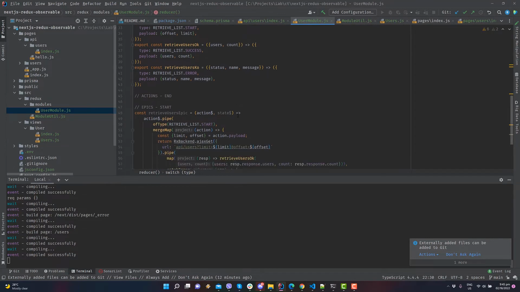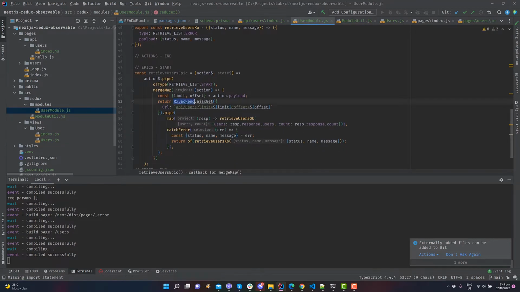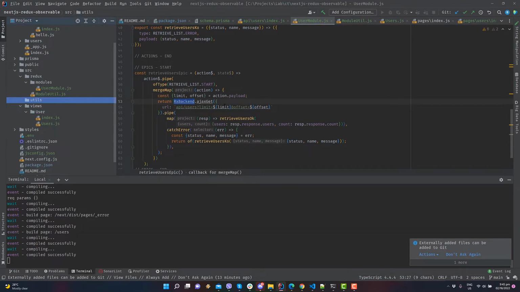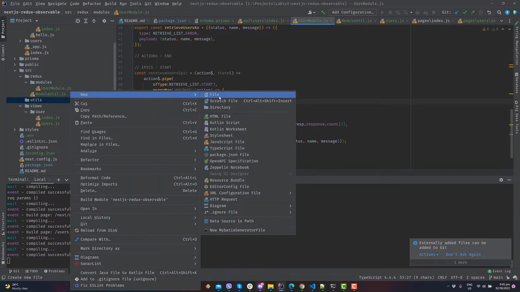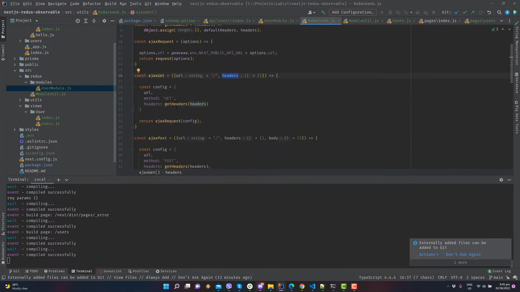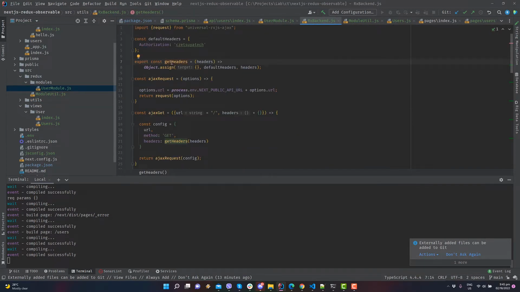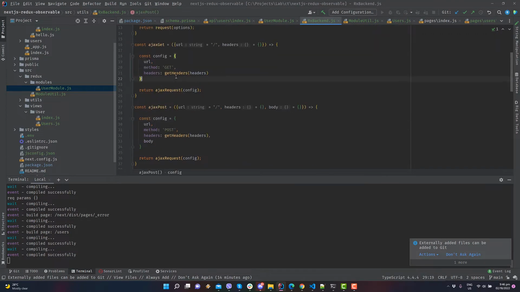Now, let us define and import our HTTP utility RxBackend under the source utils folder. It's a simple utility file that contains functions to perform HTTP operations such as GET. We have added a headers parameter if we want to append new headers to the default, which is the authorization header used to get the user making the request. In the HTTP methods, we define the configuration and call the join function,